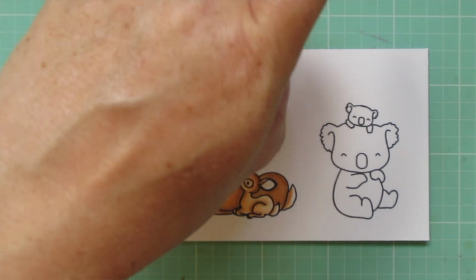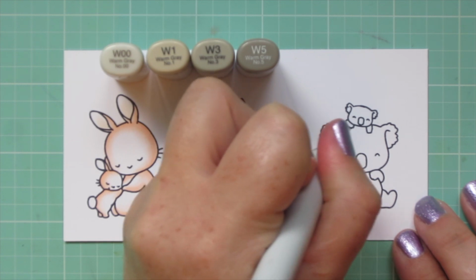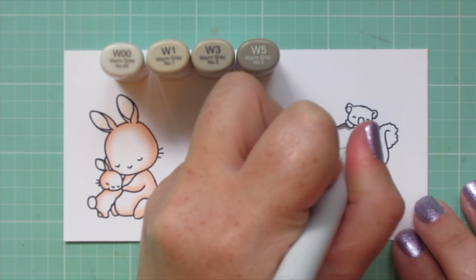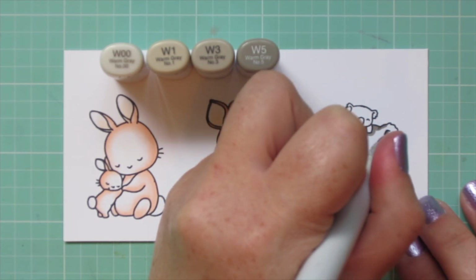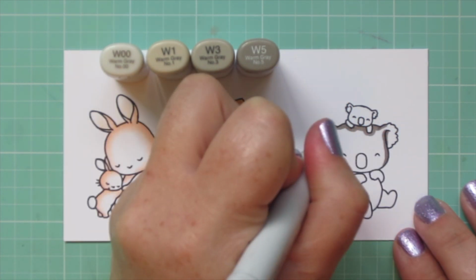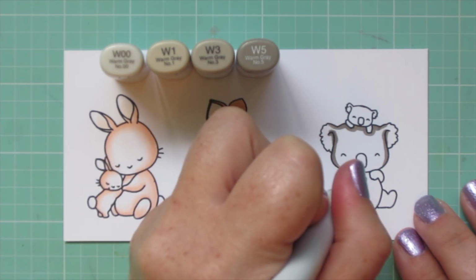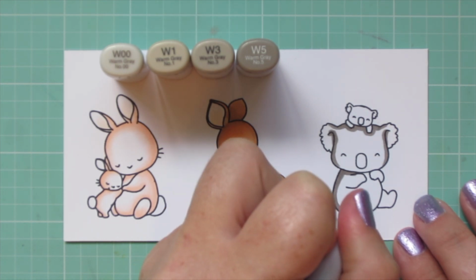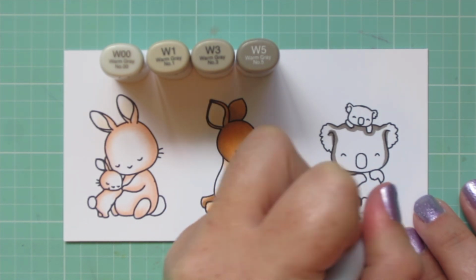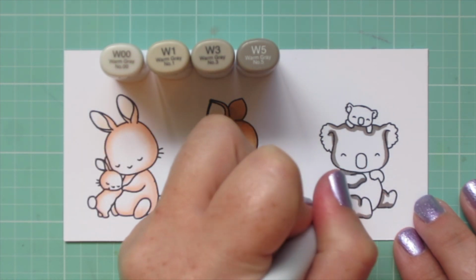And now moving on to my koala, I'm going to use W00, W1, W3, and W5. I'm putting a shadow with that W5 on the top of her head, right under the baby, and then also down the sides of her face. And then I'm also going to put a little bit under her head on her neck area and down the back of her body, and then a little bit on her legs and the